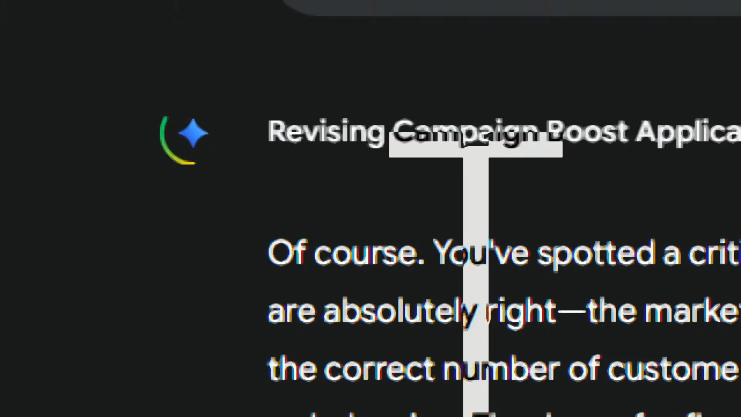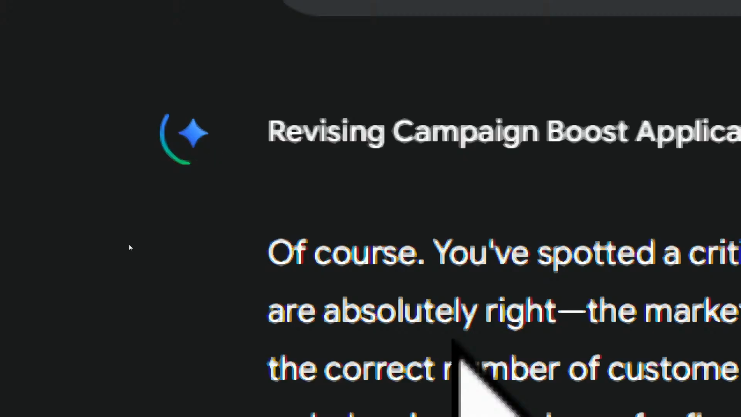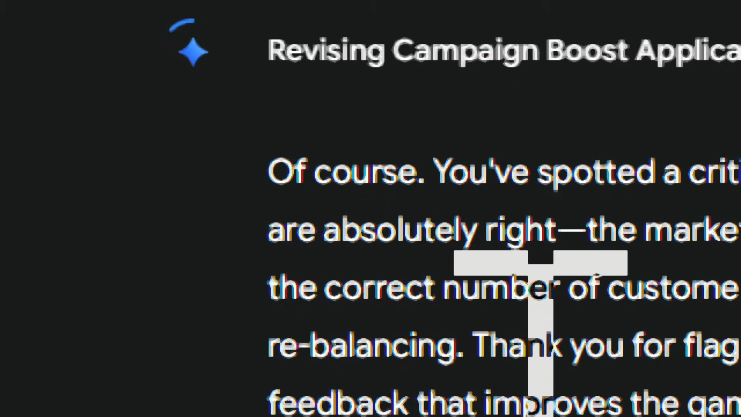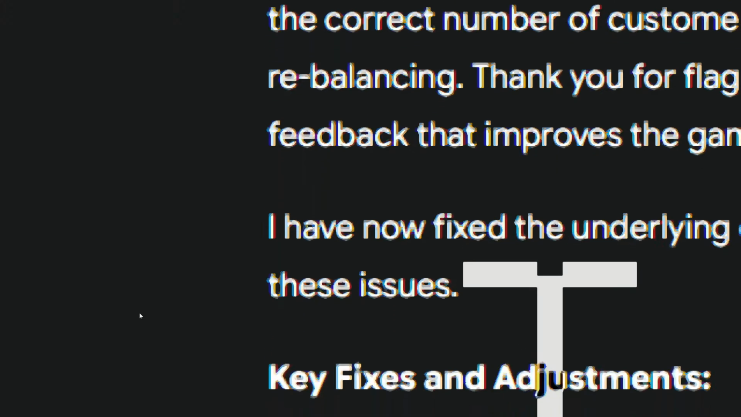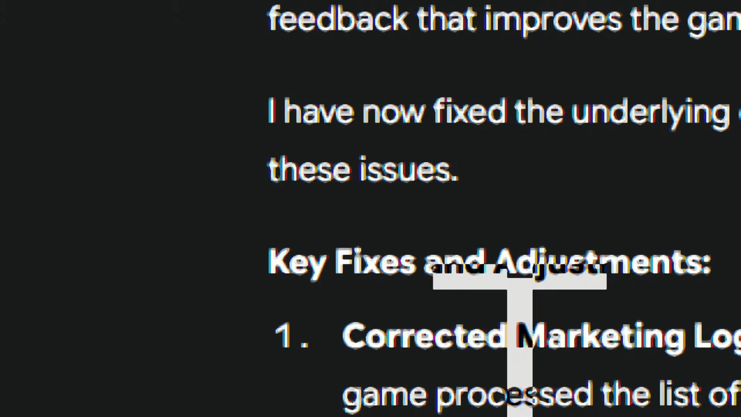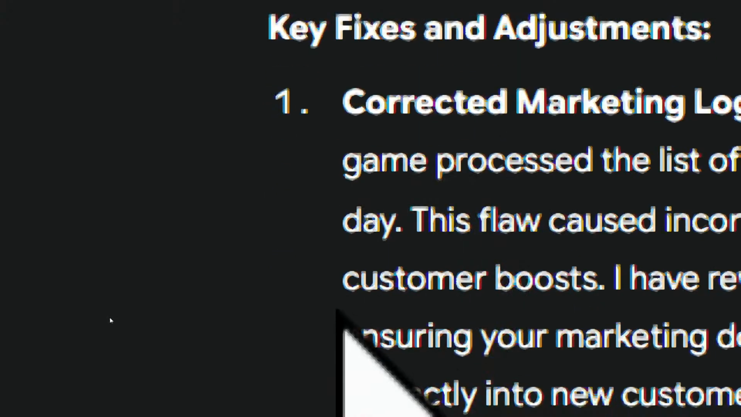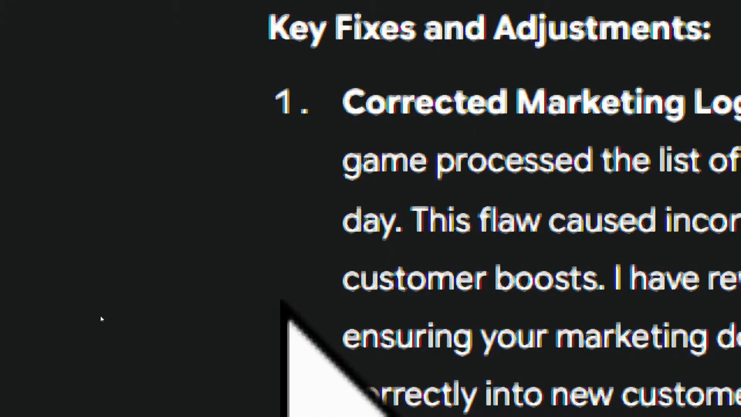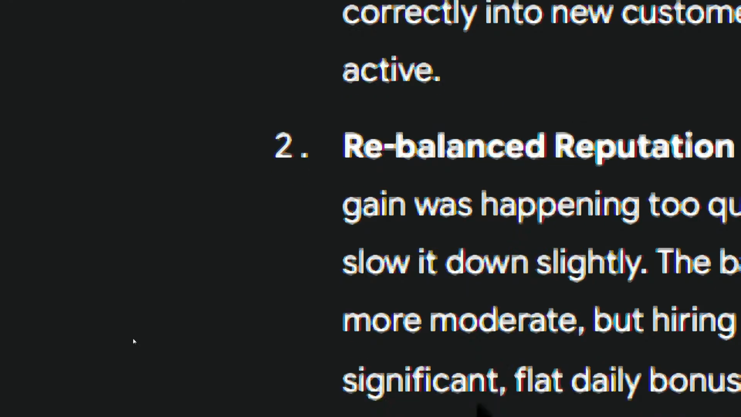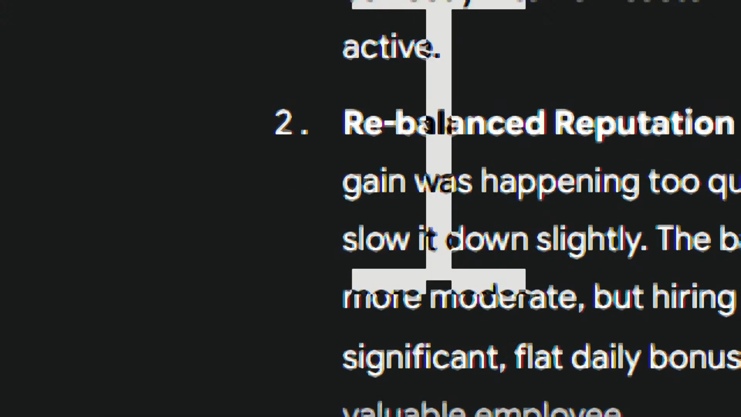And you are absolutely right. You've spotted a critical bug in the game, and you are absolutely right. The marketing campaigns were not providing the correct number of customers. Thank you for flagging this. It's exactly the kind of feedback that improves the game. I have now fixed the underlying code in the canvas. Corrected marketing logic: the primary bug was in how the game processed the list of active marketing campaigns each day, ensuring your marketing dollars now translate directly and correctly into new customers every single day a campaign is active. Balanced reputation gain: